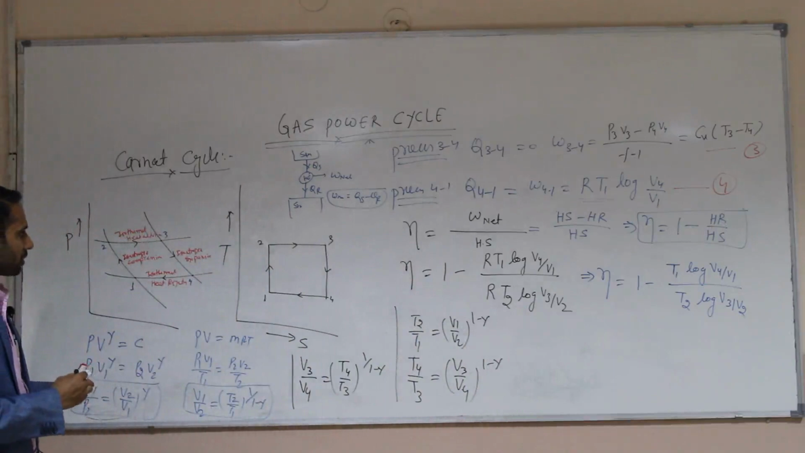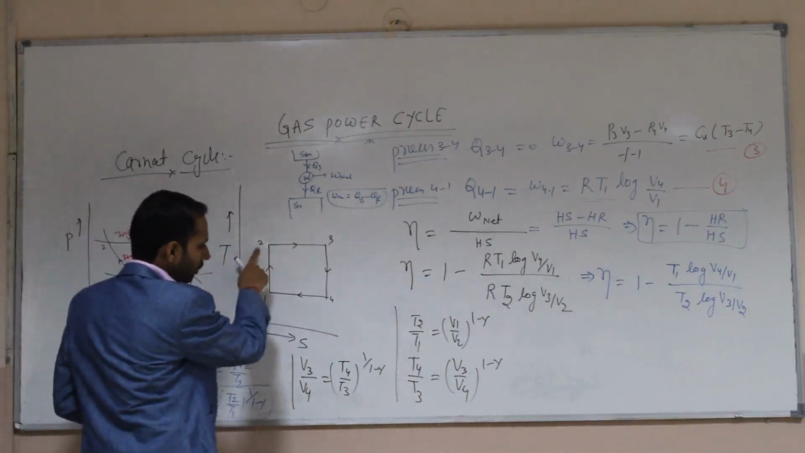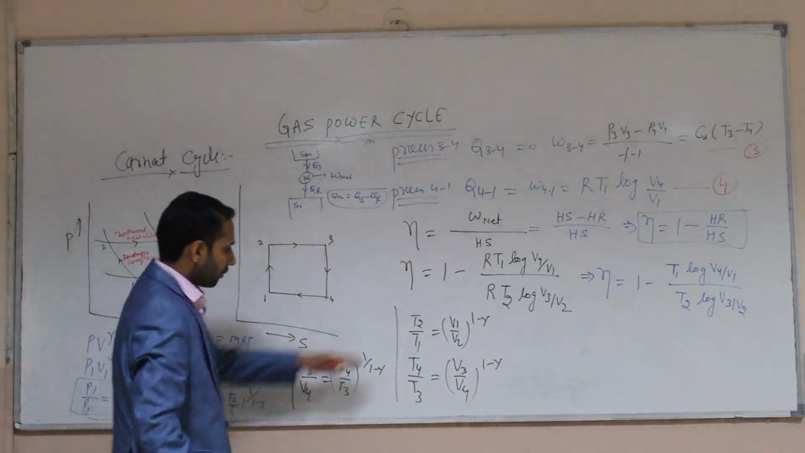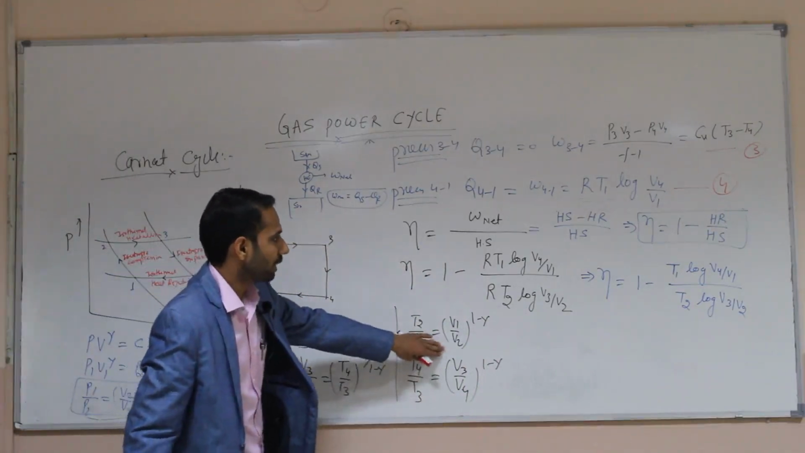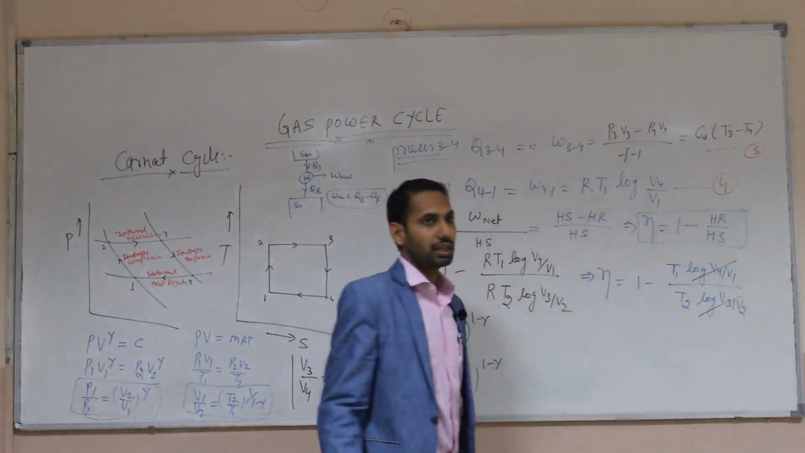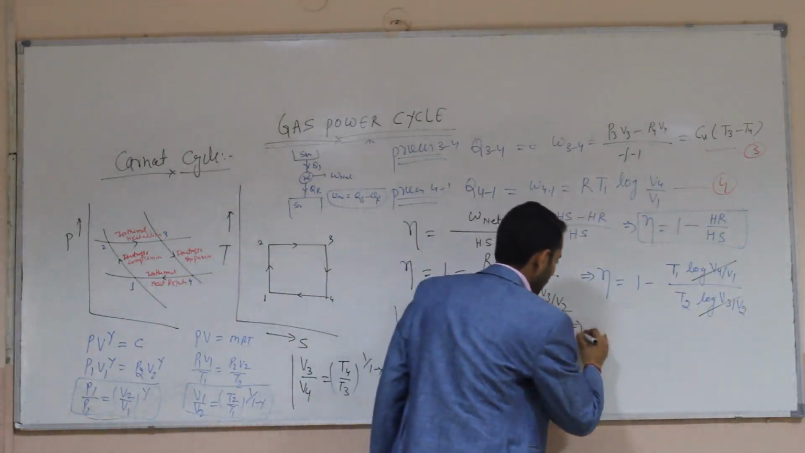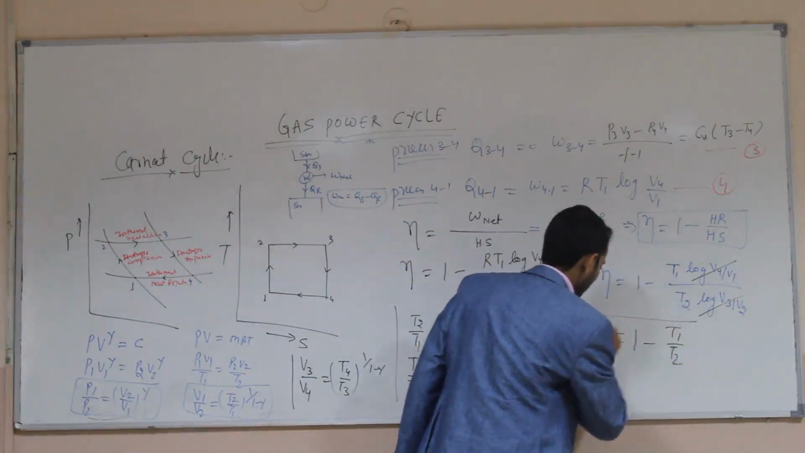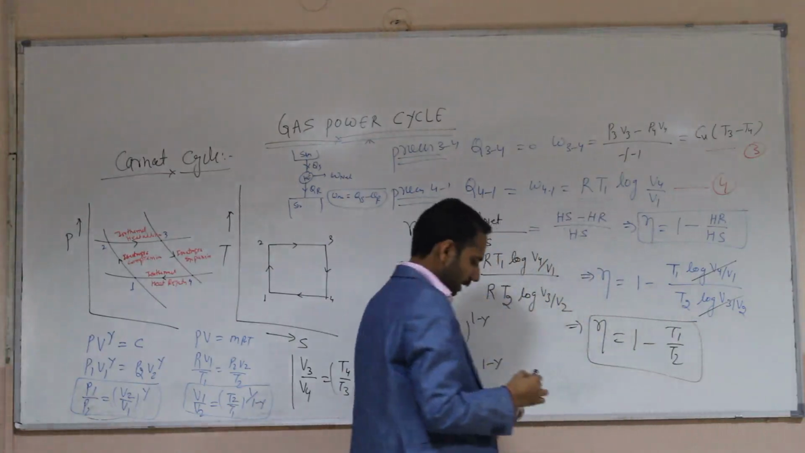And from this equation we can see that T2 is equal to T3 and T1 is equal to T4. From this equation we will solve, then these terms will cancel out. Then what do we receive? Efficiency is equal to 1 minus T1 by T2, and this is called the efficiency